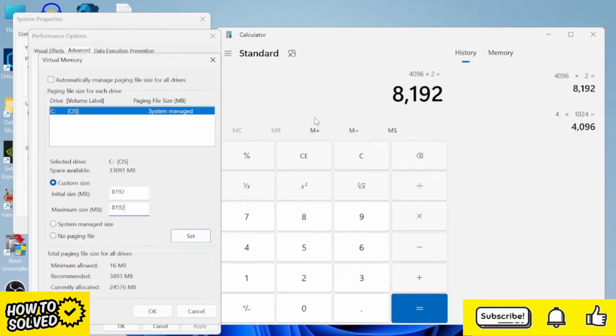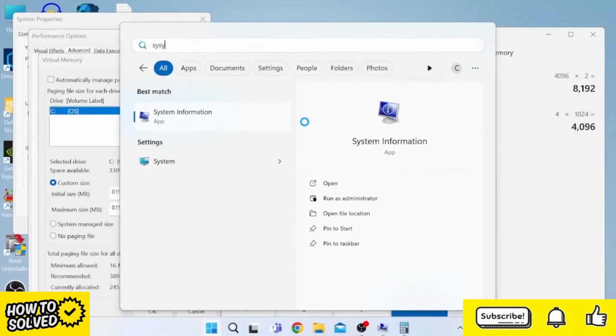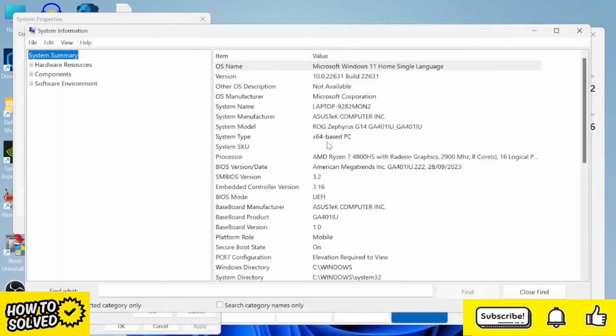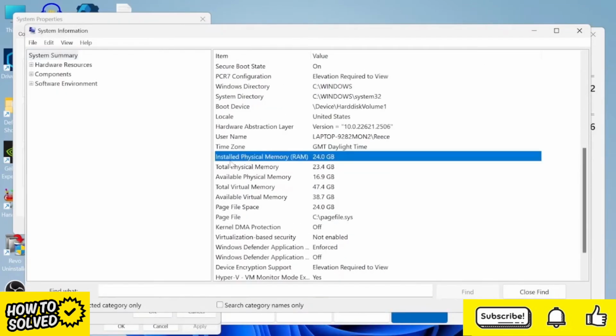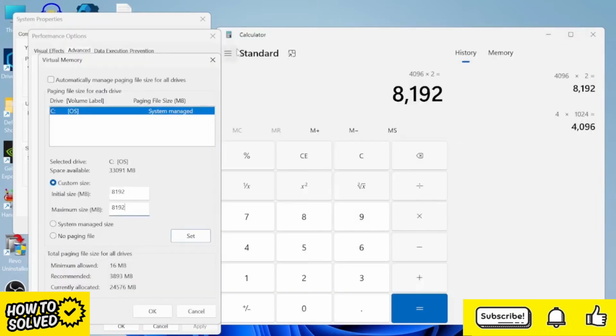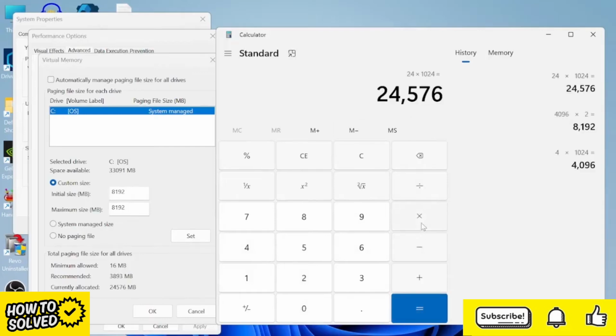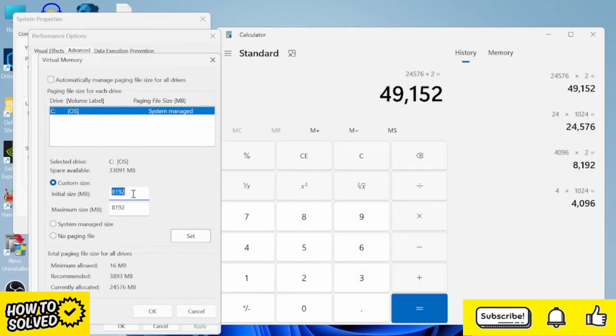Now, if you're unsure how much RAM your computer has, you can simply come over to the Start menu and search for System Information. Tap on the System Information tab, and then scroll down to the RAM section, and you'll see a section where it says Installed Physical Memory RAM. As you can see on my computer, I have 24 gigabytes of RAM installed, so we can come back over to our System Properties menu, and inside of our calculator, I'm going to times 24 by 1024, hit the equal sign, and then we're going to times that by 2, and this is a number that I can use in my custom size. I'm just going to tap that number in here and do the same for the second column,